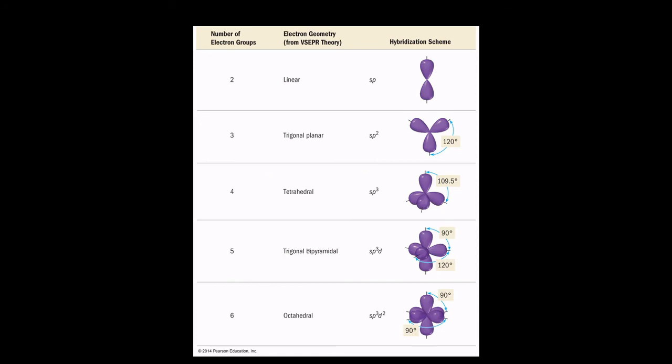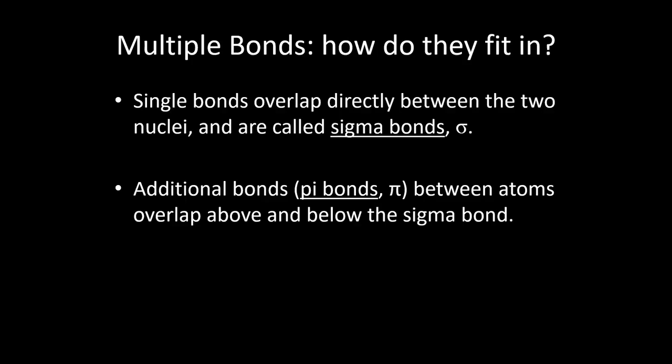And so we don't have a big slide for the other two here, but trigonal bipyramidal, same thing. Throw in a d orbital there, and you get this odd shape that we saw with trigonal bipyramidal molecules. And then throw in another d, and you get the octahedral shapes. And so this works really, really well with predicting how those molecules are going to bond together. So then just to finish this up here,